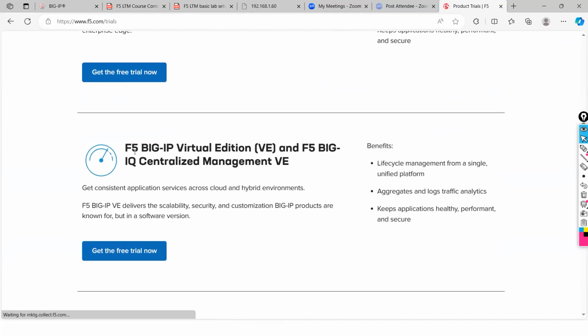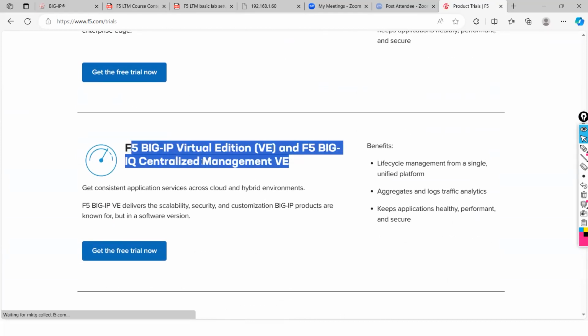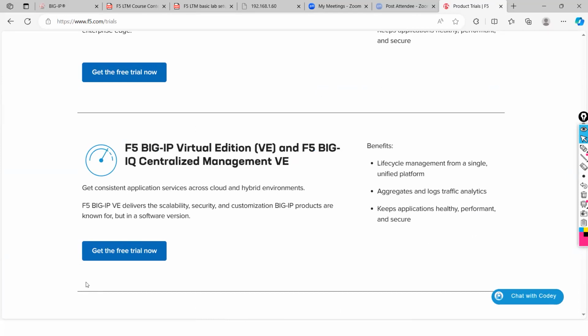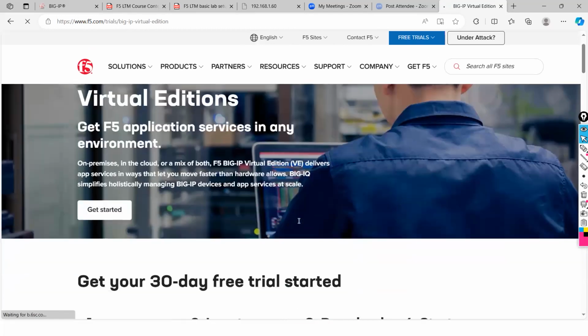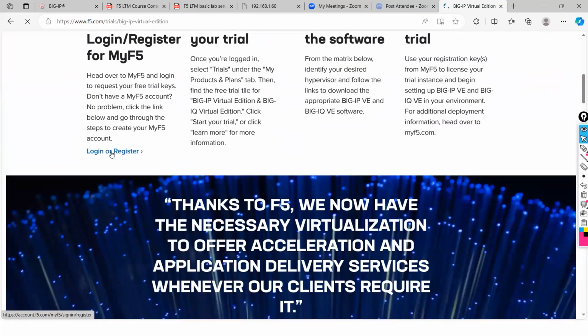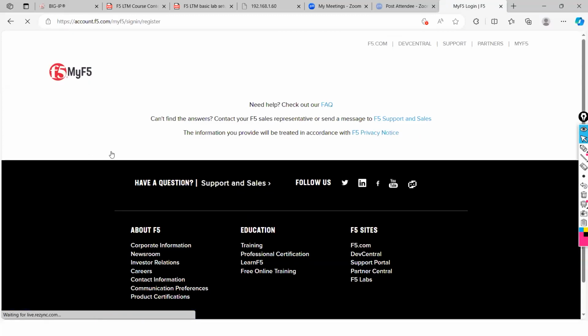Go to this F5 BIG-IP Virtual Edition, click here, get the free trial now. You just need to register if you're not part of F5, with your email ID.